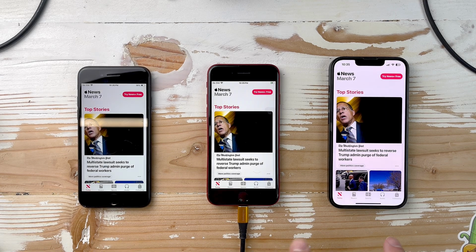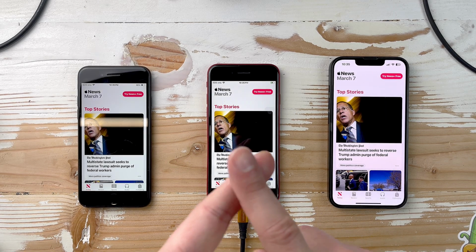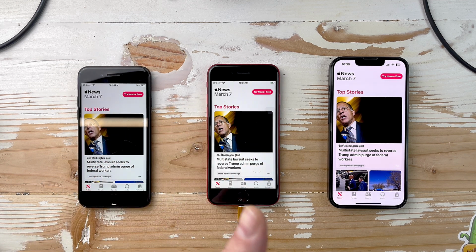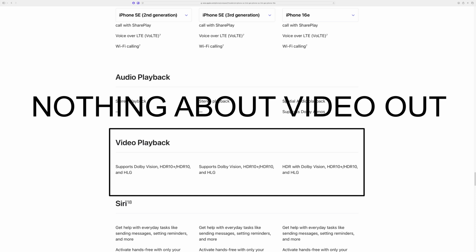From the SE2 to the iPhone 16e, we get things like double the performance, double the RAM, double the storage, double the screen brightness, double the number of pixels you can shoot with your camera. But the one thing that you've lost from going from every iPhone since the iPhone 3GS is video out. When you do the comparison on Apple's own website, it doesn't even tell you that this is a missing feature